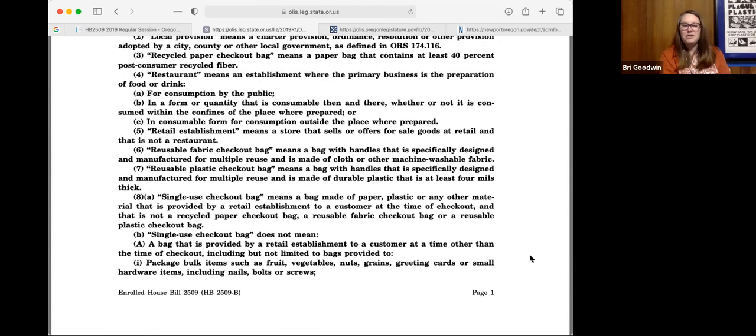in the bill, because if you think about all of the different reusable bags that you have, a lot of them are actually made out of plastic. Oftentimes the cheaper ones that are given out for free, that's actually plastic. There's the REI bags that are super durable and stand up on their own. Those are made out of plastic. So trying to define a reusable bag while also banning plastic bags, but not banning the reusable plastic bags that are more durable, that some can be machine washable, is a really tricky thing. What ended up happening with the definitions in this law is that those reusable plastic bags that stores like Target and Walmart are now using that meet the minimum thickness requirements, those actually are